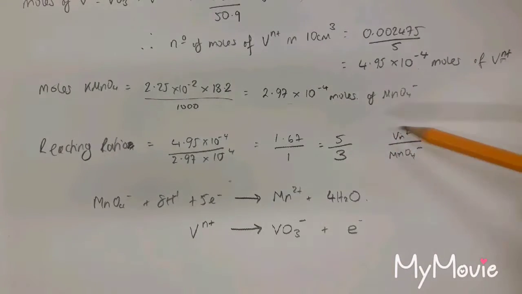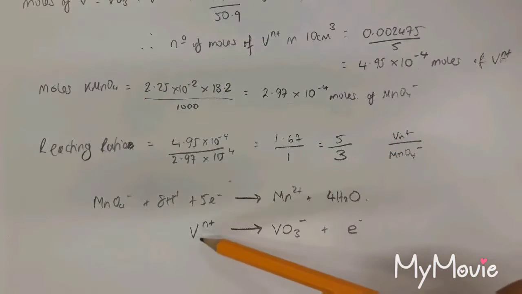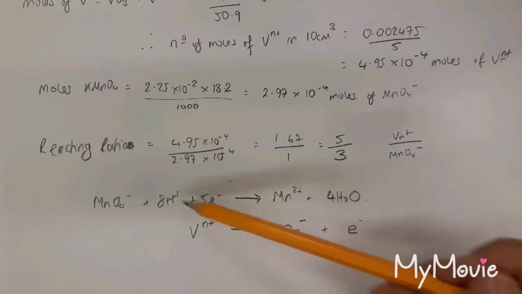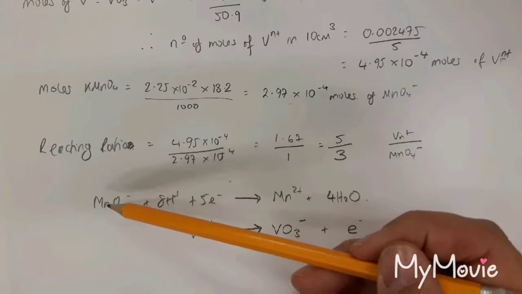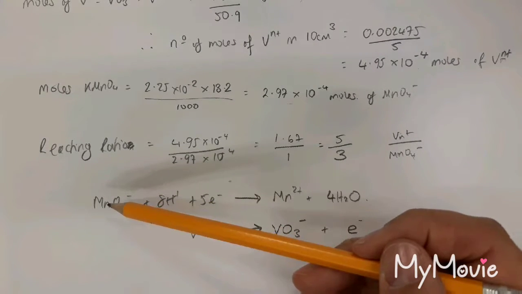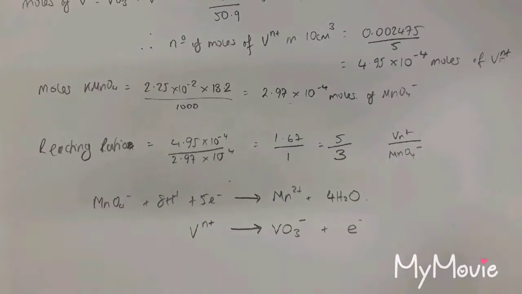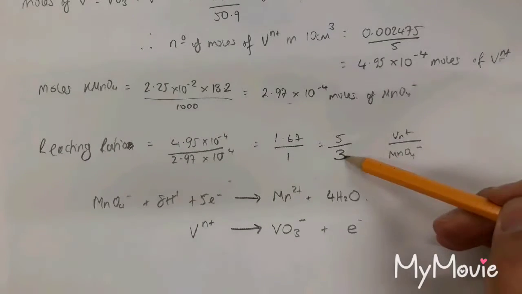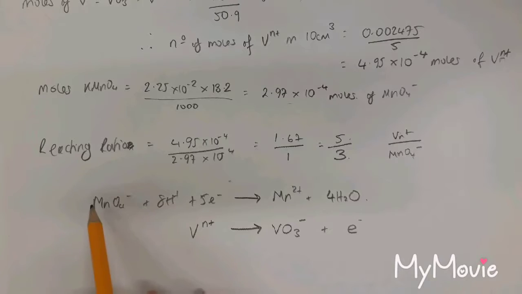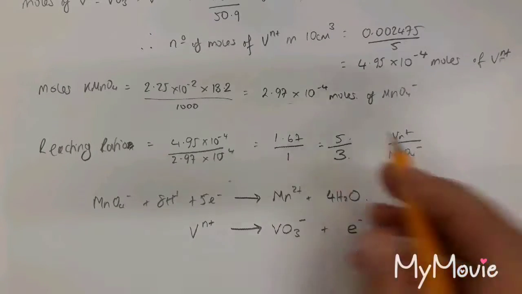We know that 5 moles of the Vn plus are going to react with 3 moles of the MnO4 minus. So that must mean if 3 moles of the MnO4 minus are reacting, then each one of these manganate ions is going to gain 5 electrons. So if there's 3 of them in the reaction, because we've got a 5 to 3 ratio, 3 of these are reacting, that means in total